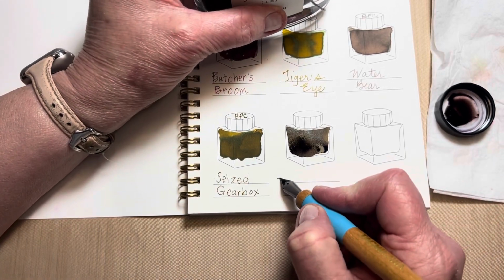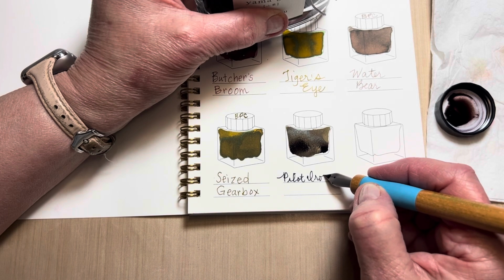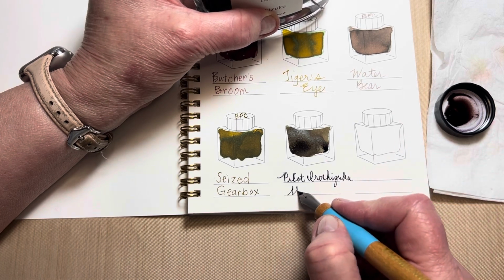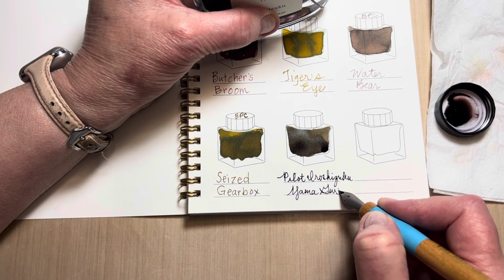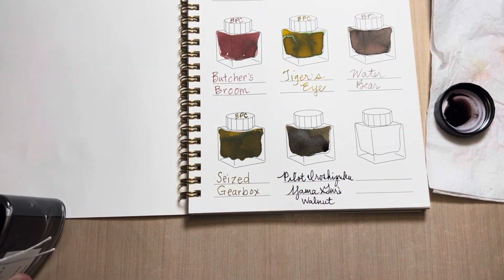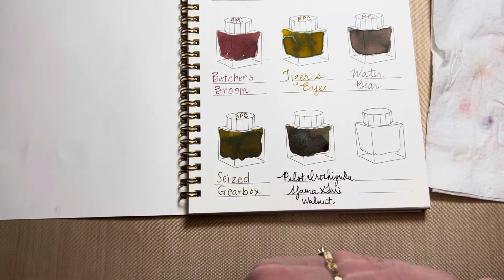So palette, Shizuku Yamaguri, and I think that is a fabulous name. Learning the translation means walnut, and it's such a gorgeous color. You can see as it dries, the lighter shading there as it's drying, but it's fabulous. It turns to like a